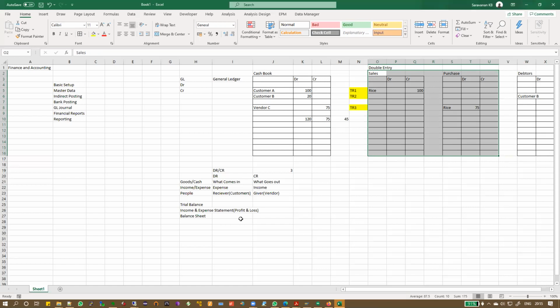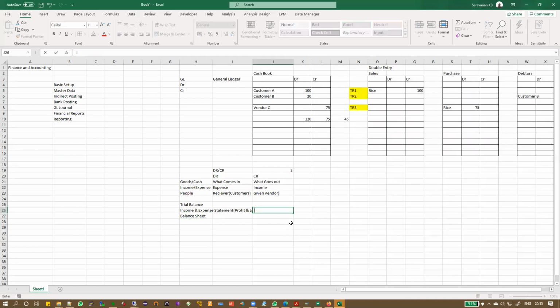Okay. Rest everything, which is your customer account, your vendor account, your bank, wherever cash is involved, wherever cash is moving from one place to another, or goods are moving within the organization, all that will be inside the balance sheet. Okay. So in income, we call it as income and expense accounts. In balance sheet, we call them as liability and asset account. Okay. So next, now coming to the basic setup. So I will tell you what the basic setup means, and then we will talk about asset, liability, income, and expense. Okay.